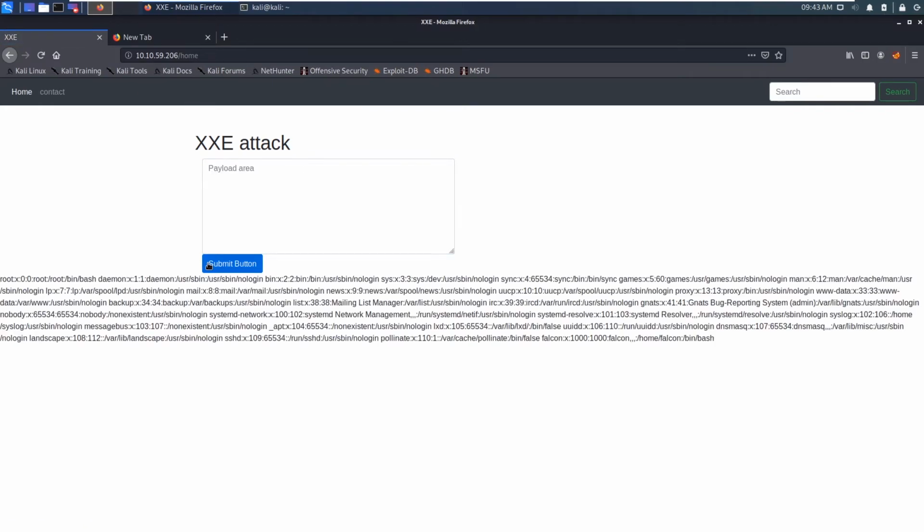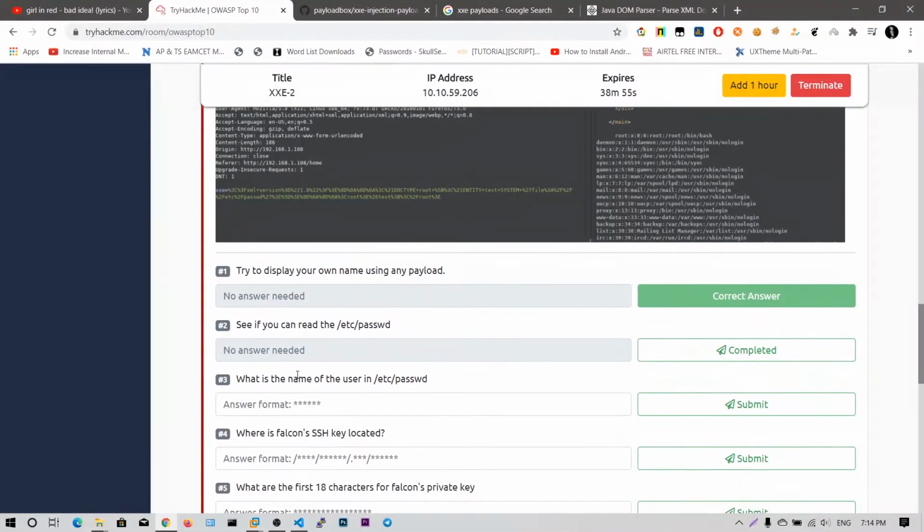And there you can see the contents of the passwd file have been displayed. You can see there is a username called falcon, an encrypted password, user id, group id, and some information. /home/falcon is the home folder of this falcon user, and /bin/bash is the shell which can be used by falcon. Okay, we got some information.